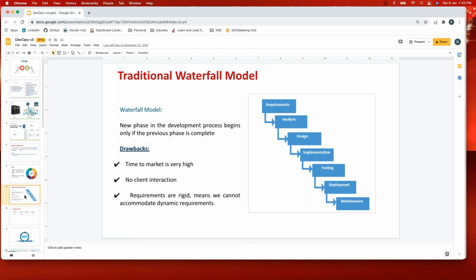So in between, requirements cannot be changed. Once you start, you need to complete that cycle. So these are all the problems with waterfall model. Of course, this was one of the early models we learned about. Earlier days we used to use. Nowadays, no waterfall. With that, team, let me